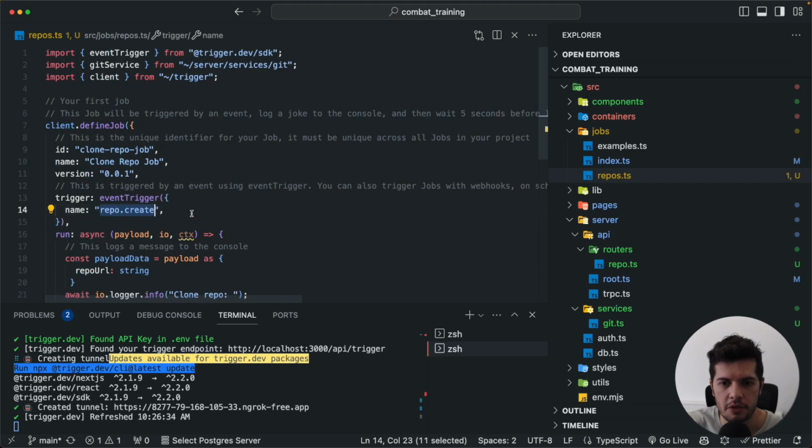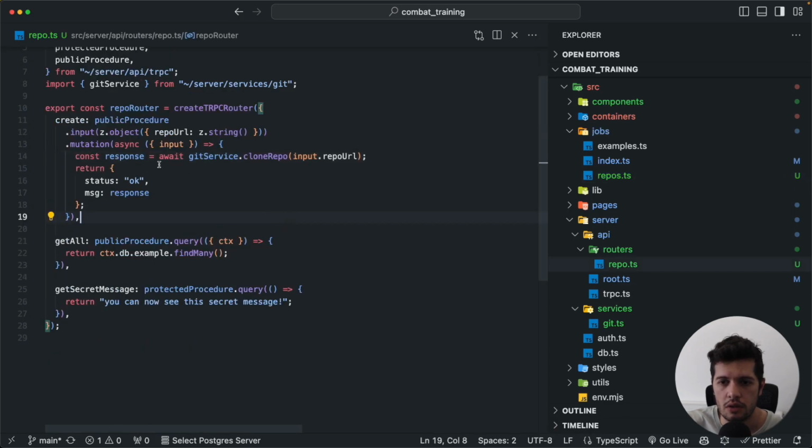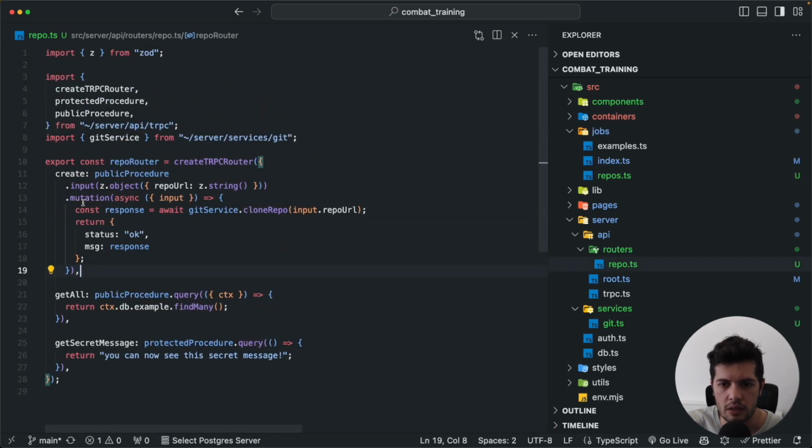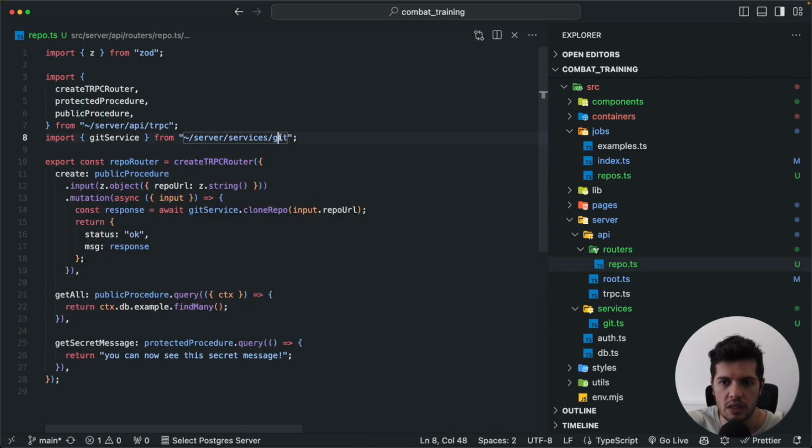So the name is repo.create. So we have to trigger that event name and then pass in the payload data that has repo URL in it. So basically here in the endpoint, instead of calling the get service,